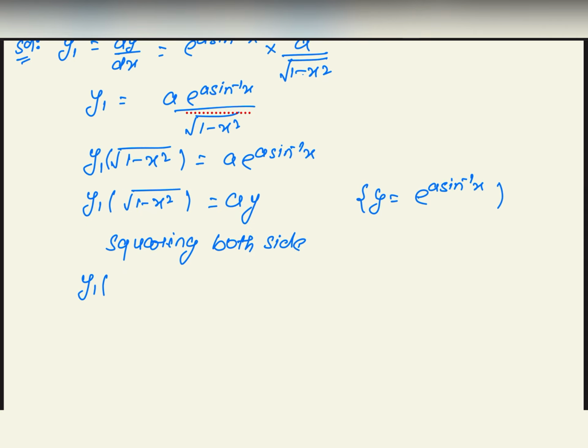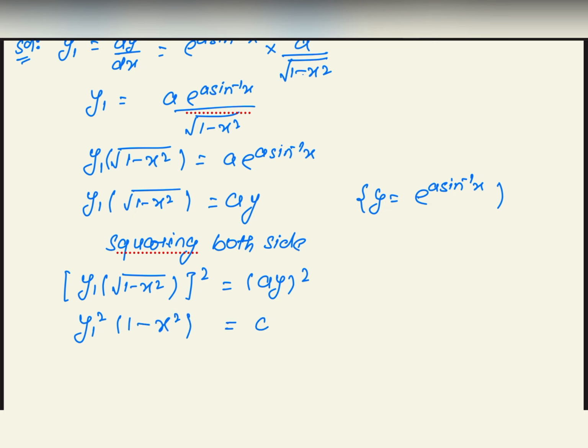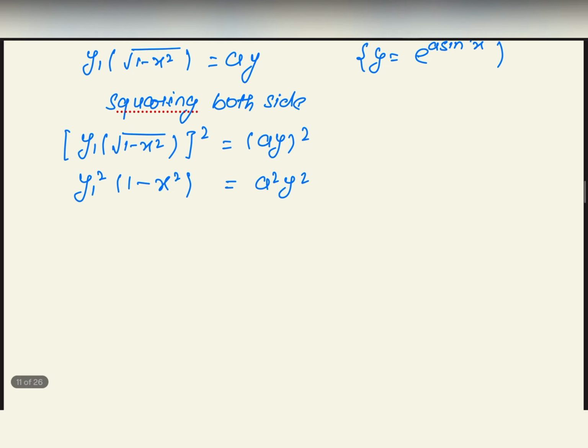y1 under root 1 minus x square whole square is equals to a y का whole square. So y1 square into 1 minus x square, root करिए, is equals to a square y square. Now again differentiating with respect to x,